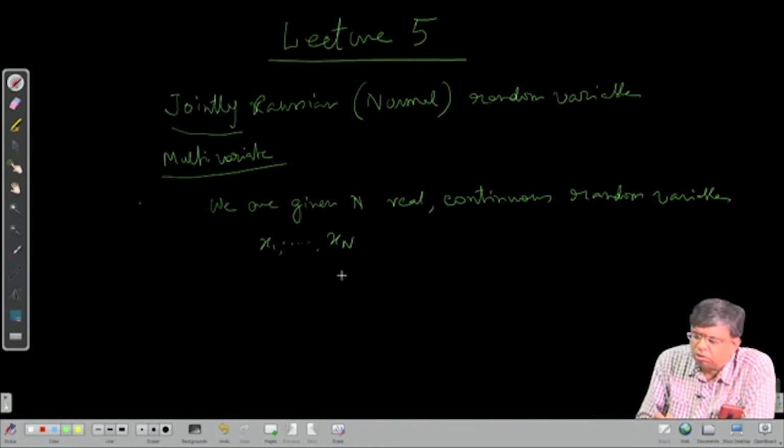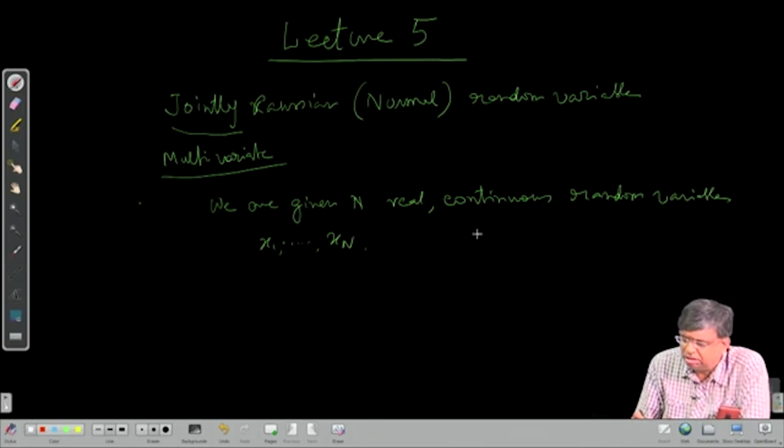They will be called jointly Gaussian if their joint probability density takes a particular form. We have discussed what is joint probability density for two variables x, y, then for three variables. So in general, if the joint probability density takes a particular form, then they will be called jointly Gaussian. Before that,